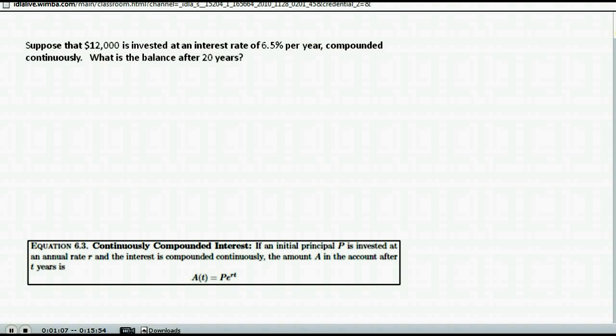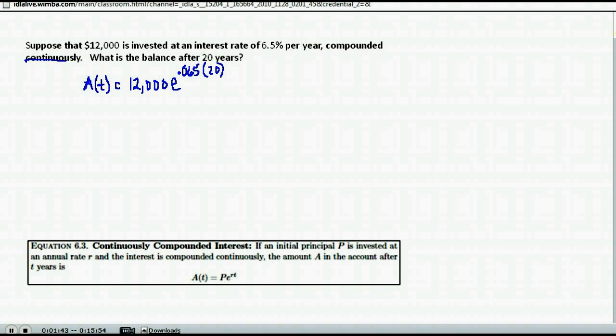Suppose $12,000 is invested at an interest rate of 6.5% per year compounded continuously. What is the balance after 20 years? So our amount after time T is what they're asking for. Our amount after 20 years, more specifically. The original amount of the account, or P, is 12,000 times e to the rate, which is 6.5%. Again, we want to change that to a decimal. You would divide by 100 or move the decimal 2 places to the left, times T, which in this case